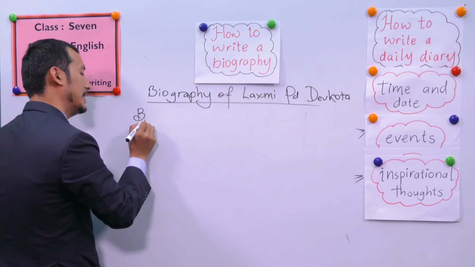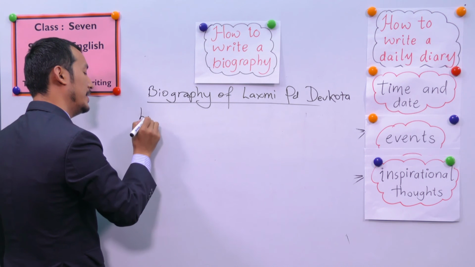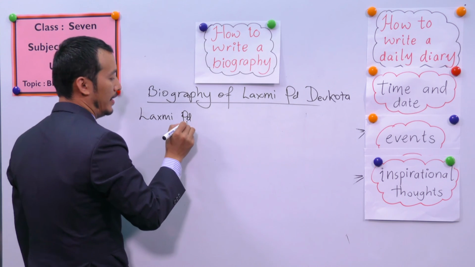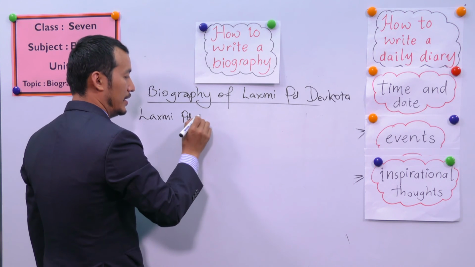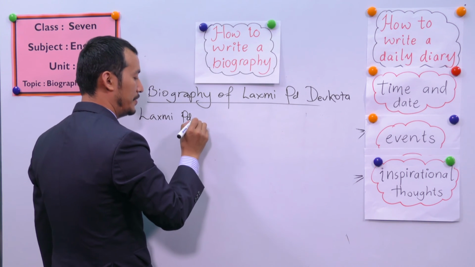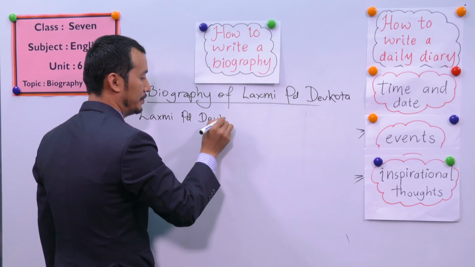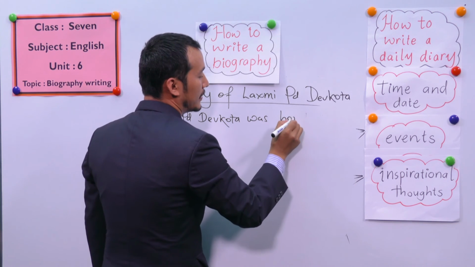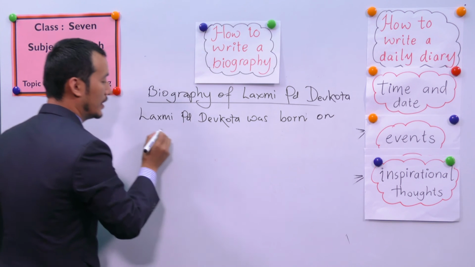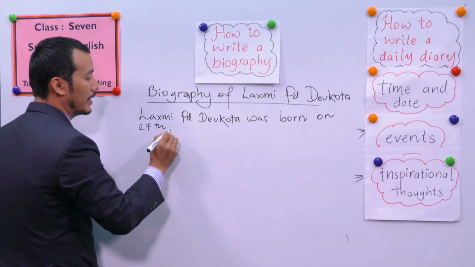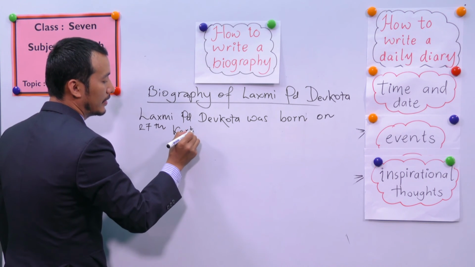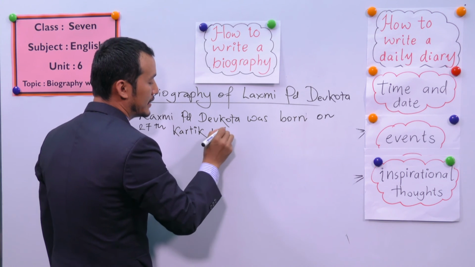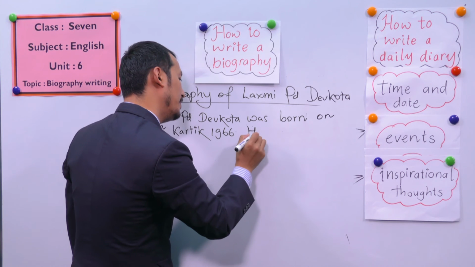You can write like this: Lakshmi Prasad Devkota was born on 27th Kartik 1966. His parents' names